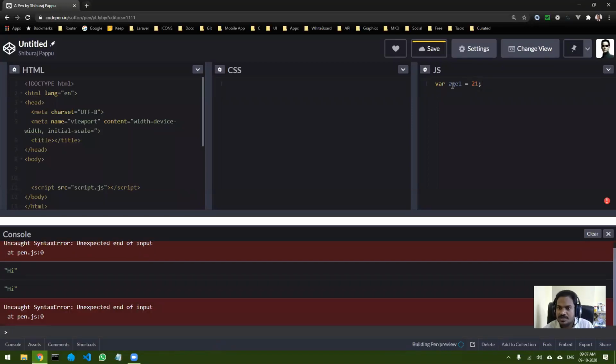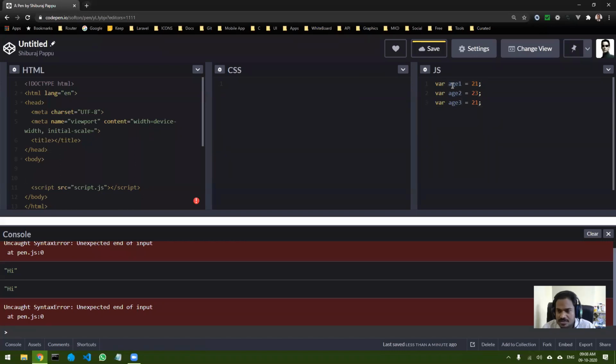So this is age1. Then I have a few more ages, so age2, 23, then age3. So like this, you can create variables, right? But let's suppose you have 100 ages to be stored. In that case, it is not possible to declare 100 such variables, right?